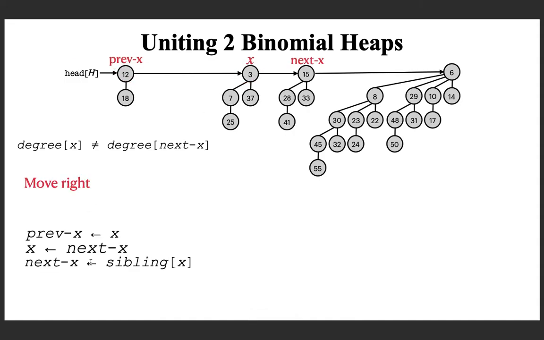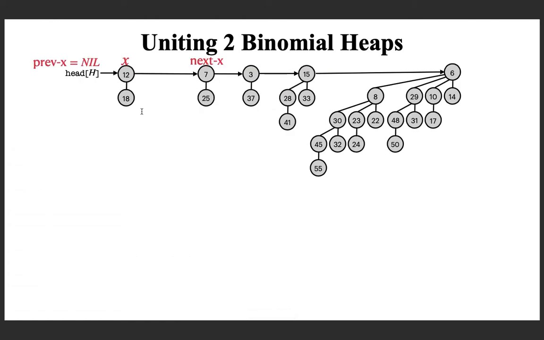This is the sequence of 3 statements that you need to move right, and if you remember the node structure, it's not difficult to read and understand what these 3 statements are doing, nothing but moving right. And this is the next part of your algorithm, and there is one more case where you have to move right. This is the other case.